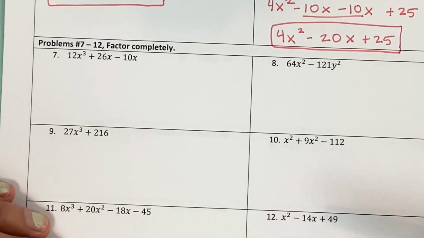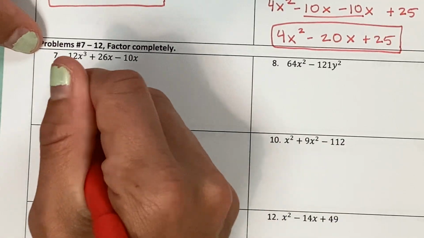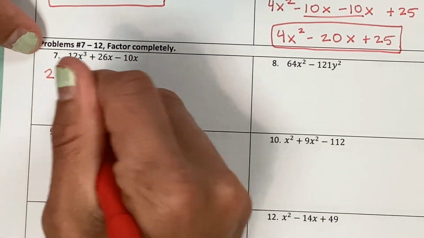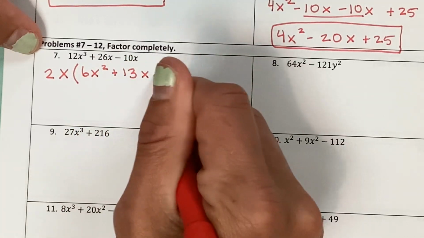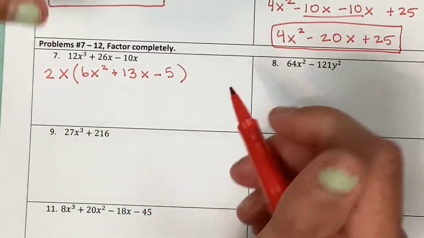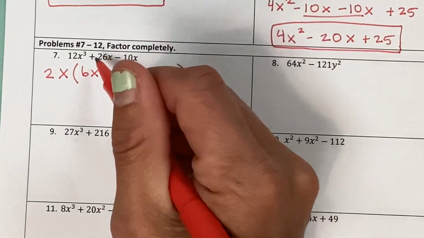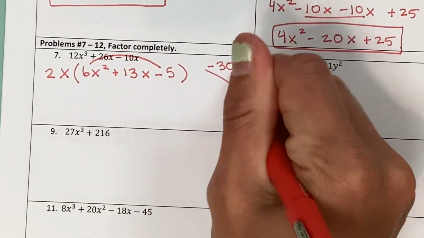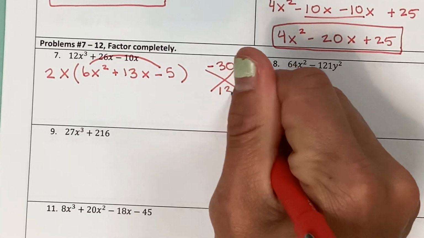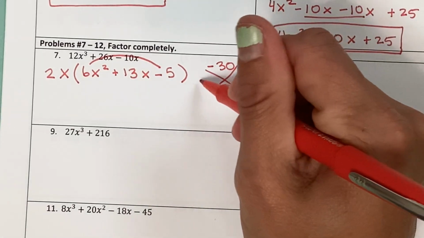All right, now we're going down here to the factoring problems. On number 7, I can take an x out and I can take a 2 out. And I'm left with 6x squared plus 13x minus 5. And then this one is going to be a bottoms up question. So 6 times 5 is going to be negative 30. And you are trying to add up to get 13. All right, so that's going to be negative